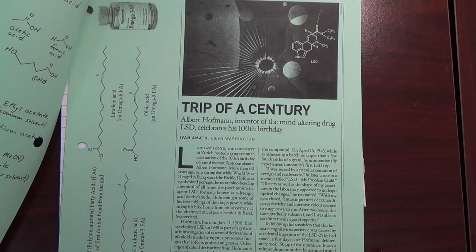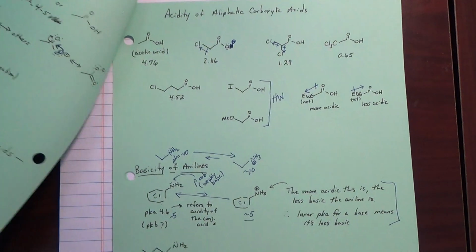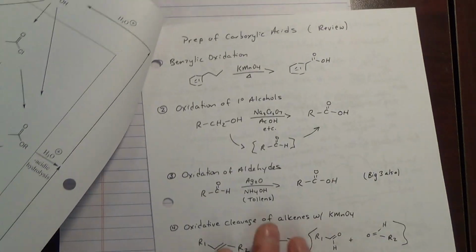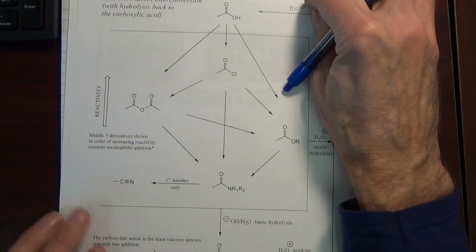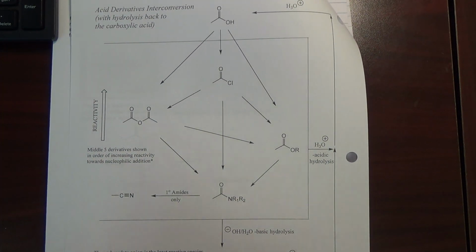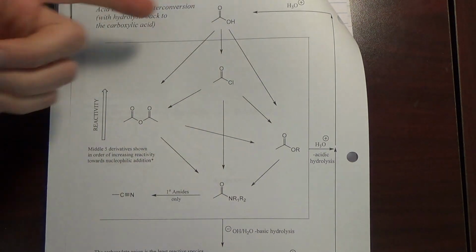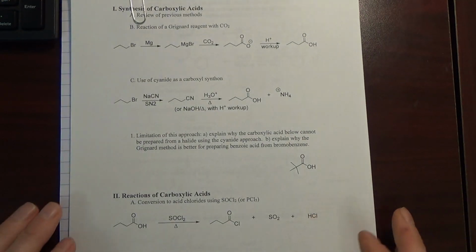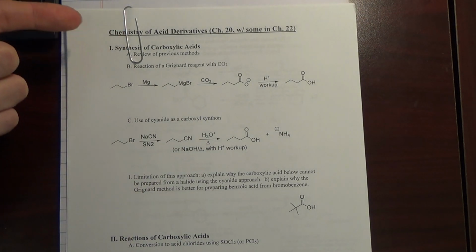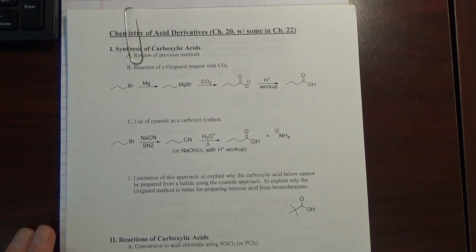We have nomenclature and we have some acid-base chemistry. The next video we will be getting into more of the reactions of carboxylic acids. We have the handout here, including this outline here. We'll also have this kind of flow diagram, but then we have what I call my outline for the chemistry of acid derivatives, more the outline format, and we will begin with synthesis of carboxylic acids,